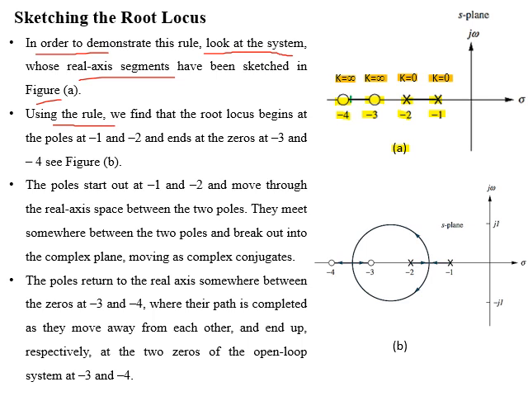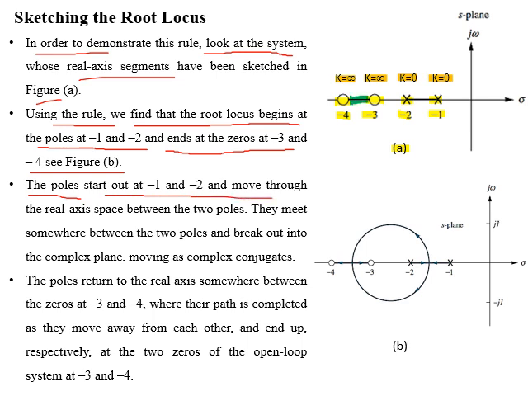Now from rule number 4, we know that root locus will start from open loop system poles at -1 and -2, and this root locus will end on zeros at -3 and -4, as shown in figure B. From rule number 3, we know that on the real axis, root locus will exist between the poles at -1 and -2, and also between the zeros at -3 and -4. So when gain is varied,